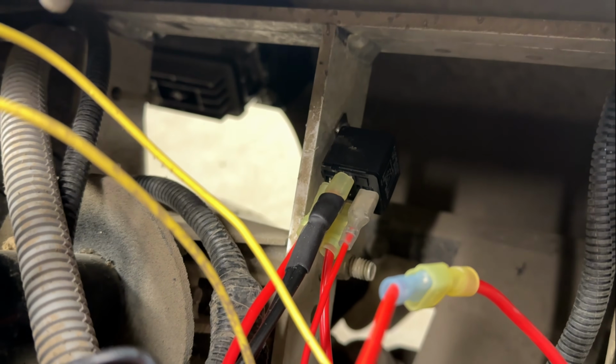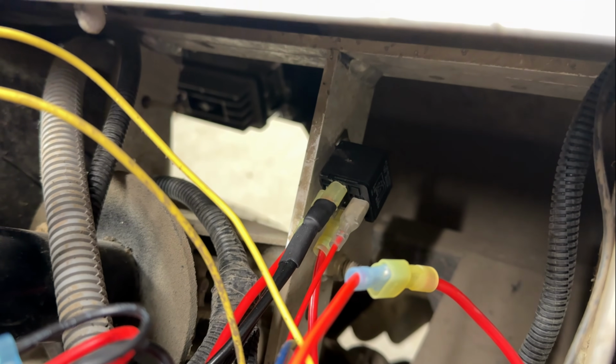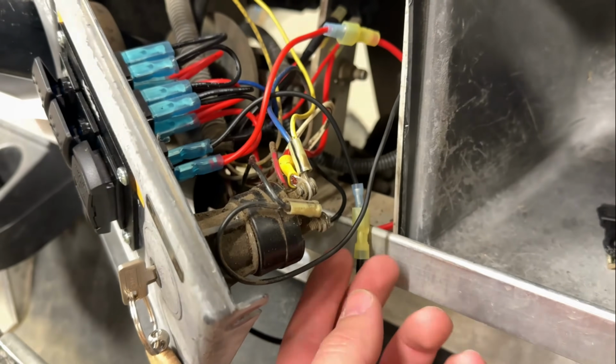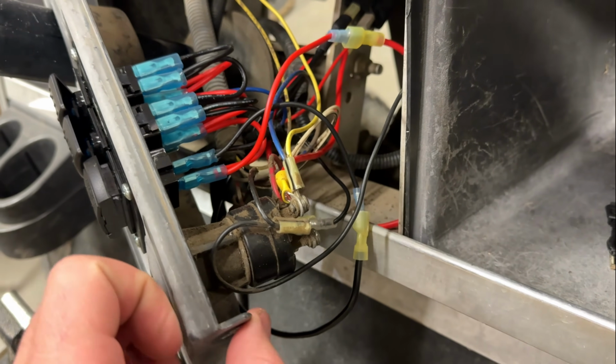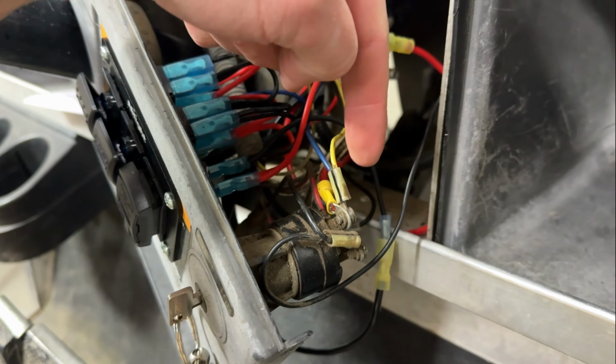Back in here is where that relay went. There just so happened to be a hole already in that aluminum strut, and I just utilized that, put a machine screw through, and bolted that thing clean up. And then we have our wiring here, and this red wire right here, I tapped into this lug